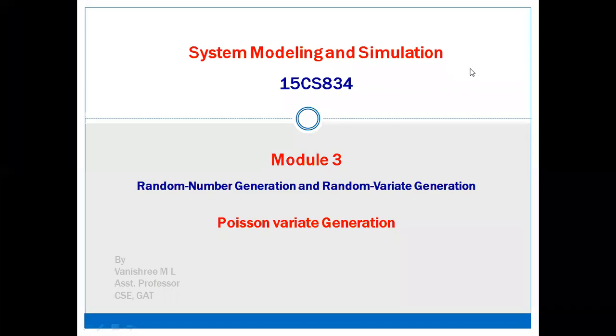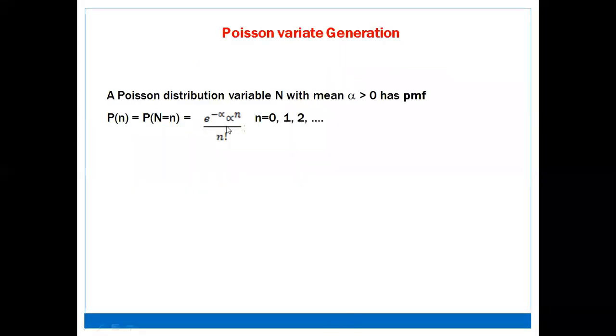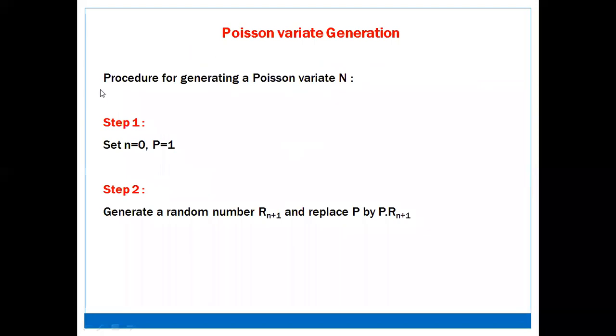Hello students, this is the last topic in this particular module, Poisson variate generation. A Poisson distribution variable n with mean alpha greater than 0 has the PMF p(n) equal to e power minus alpha into alpha power n divided by n factorial, where n is 0 to whatever number given. So what is the procedure for generating a Poisson variate n? Step 1 is